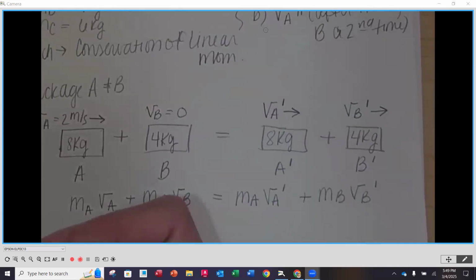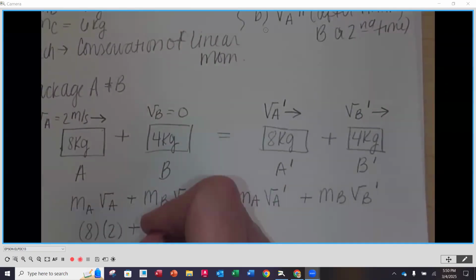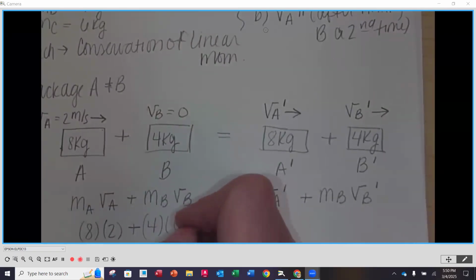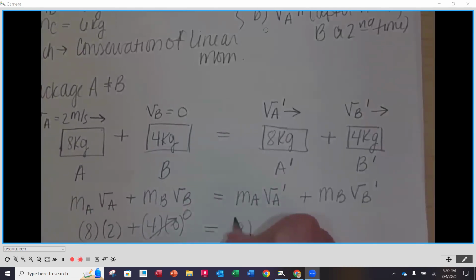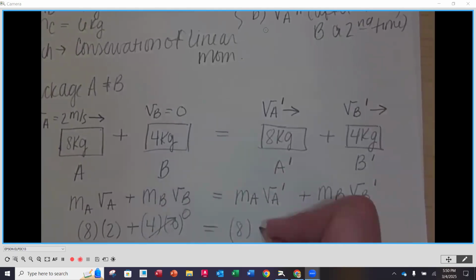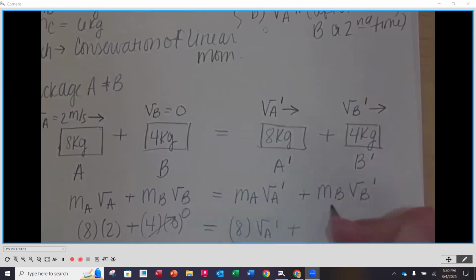Again, you don't need to use your units in here. We're going to multiply that by 2 meters per second. Everything is in its standard form for distance and time and mass, plus 4 times 0. Okay, so that, as we can tell, is going to go to 0. It's going to be equal to, again, 8 kilograms for the mass of A times velocity A prime. We don't know what that is right now, plus the mass of B, which is going to be 4 times